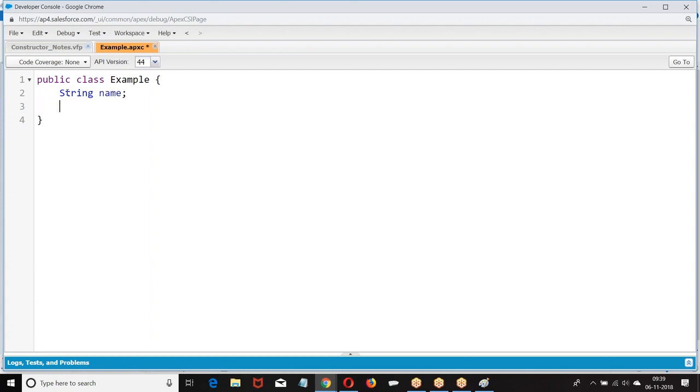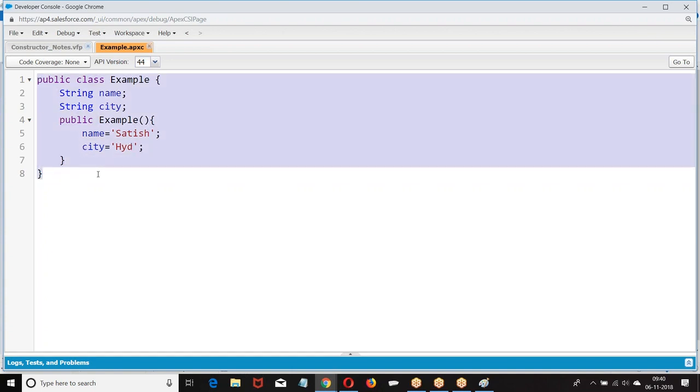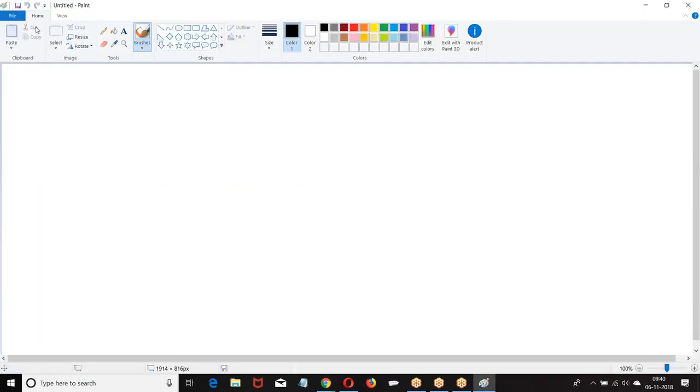So string, so we are taking a public example. Name equal to Satish. This is what we have as a class. Understand this?